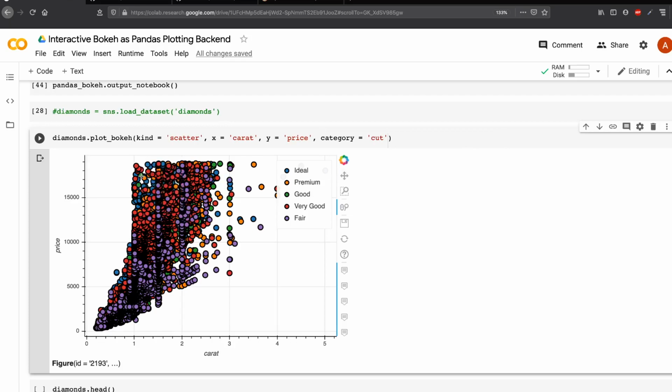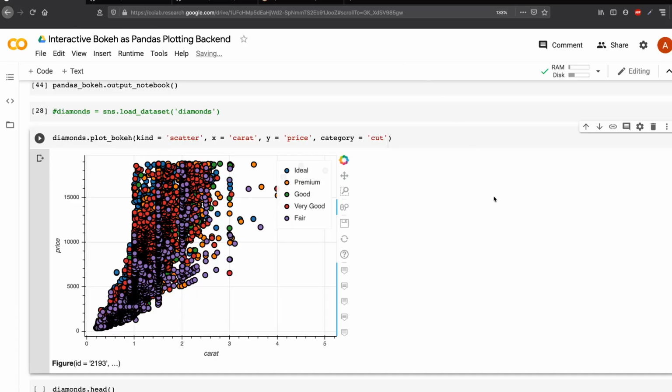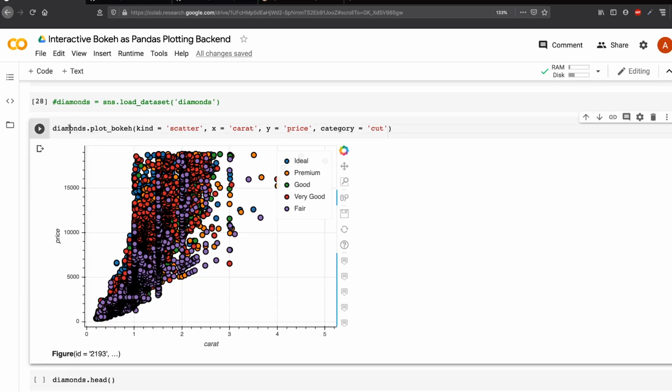So that is the primary selling point of interactive visualization. And again, if you're going to publish a blog or something, this is quite handy. And the main good thing about this Pandas Bokeh visualization, this bridging, is that you don't have to necessarily get into Bokeh, understand Bokeh, or understand the syntaxes of that plotting library.